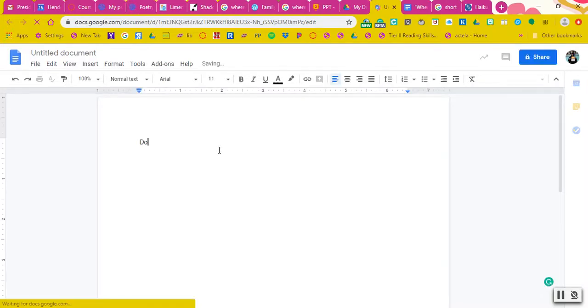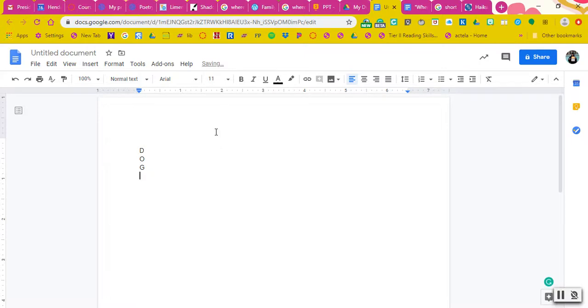Okay, so you take a word, fill it out down the page like this, and then you write descriptors about it. So dogs: digging. Digging in the dirt.